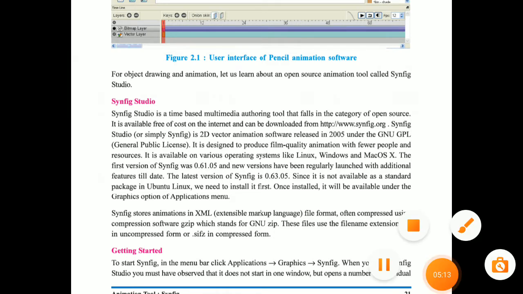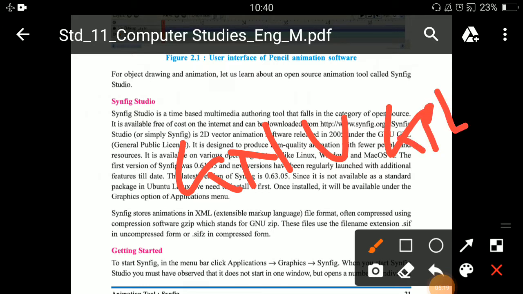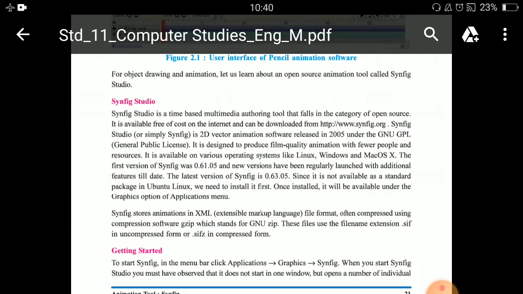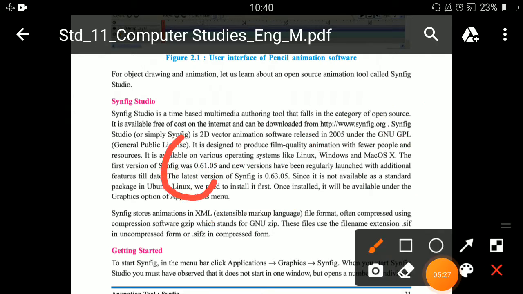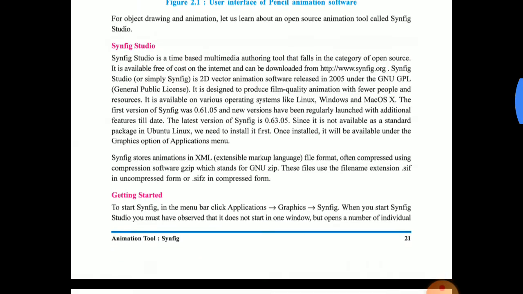That license name is GNU GPL. Okay, GNU GPL means General Public License, and the latest version of Synfig is again your MCQ. The latest version of Synfig is 0.63.05. Okay, now how to use Synfig? See here.